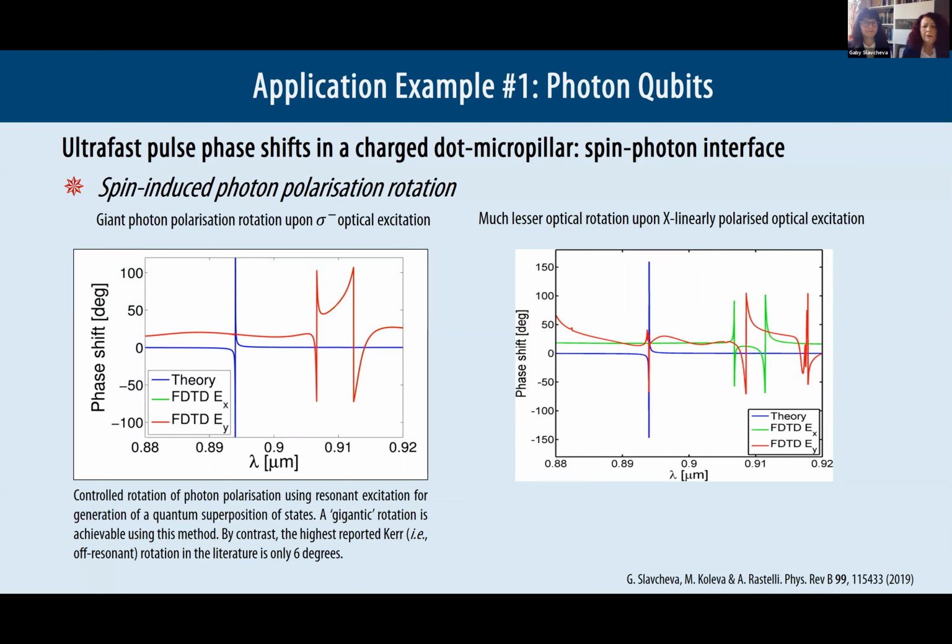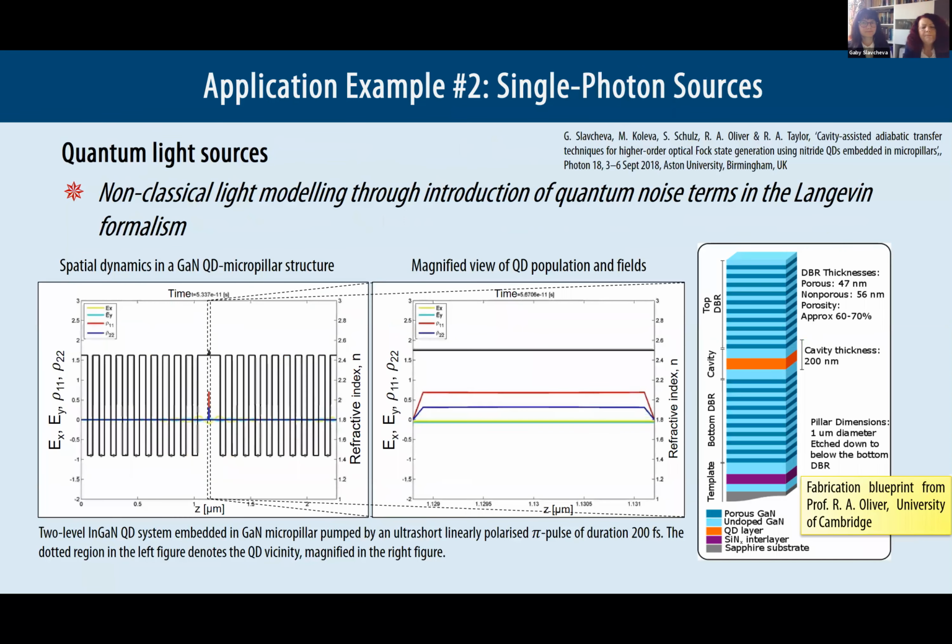In this application example, we have modeled single photon sources based on nitride single photon sources in collaboration with the universities of Cambridge and Oxford. This is the particular structure that we have modeled. It's composed of alternating layers of gallium nitride, doped gallium nitride and porous gallium nitride, with an indium gallium nitride quantum dot in the middle of the cavity.